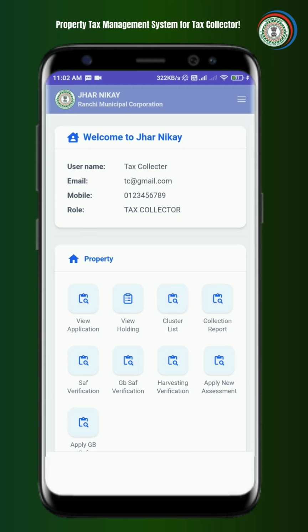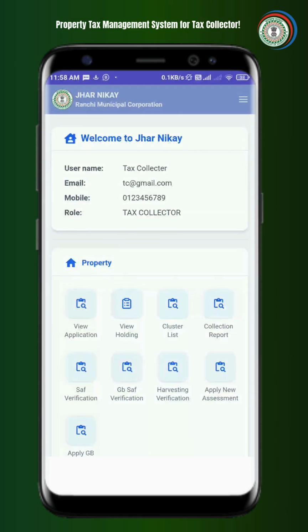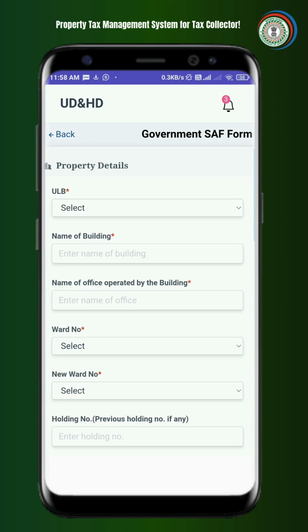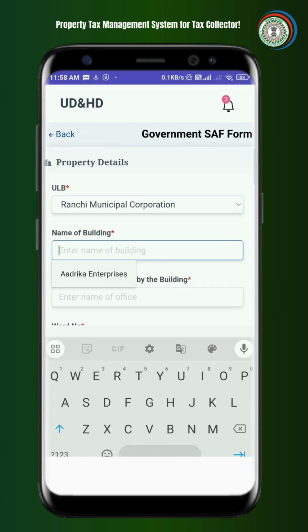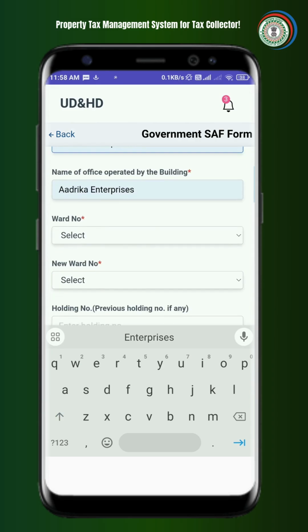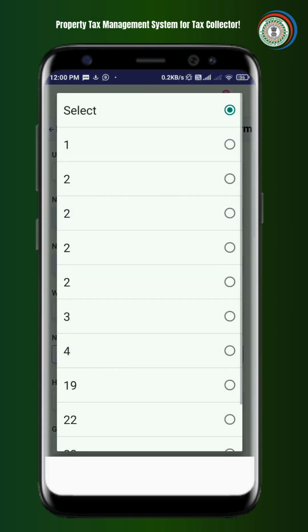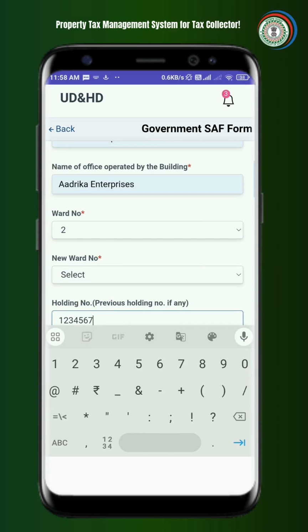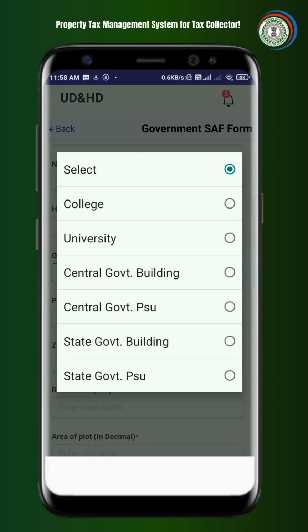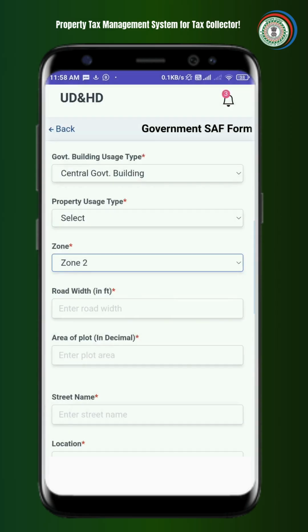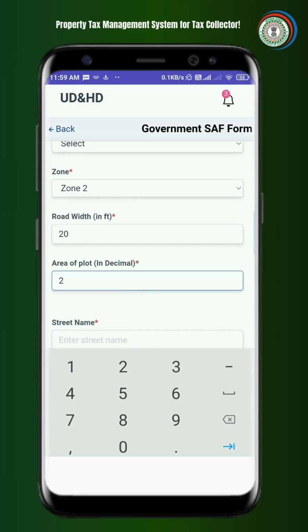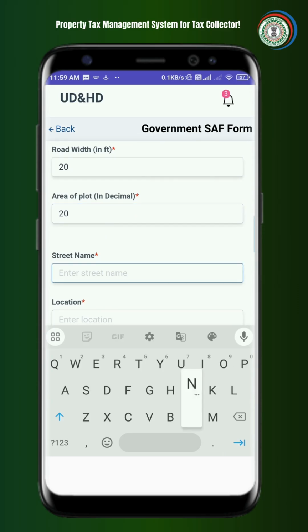To apply for a government building SAF, select the Apply GBSAF option to access the government SAF application form. The user must fill in all the required details in the application form, including ULB, name of the building, name of the office operated by the building, old ward number, new ward number, previous holding number, if any, government building usage type, property usage type, zone, road width, area of plot, street name, location,